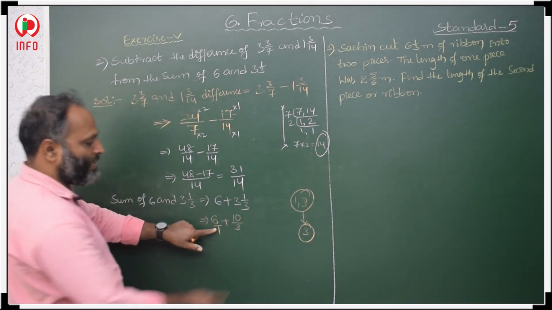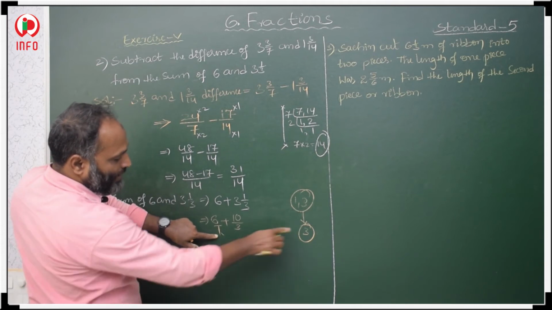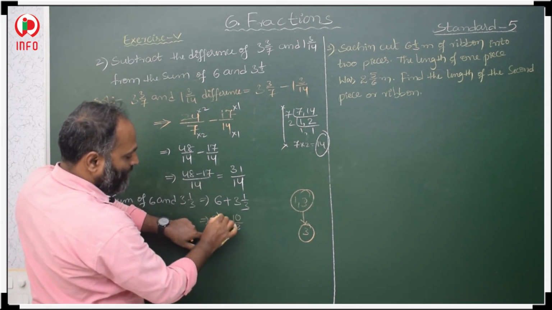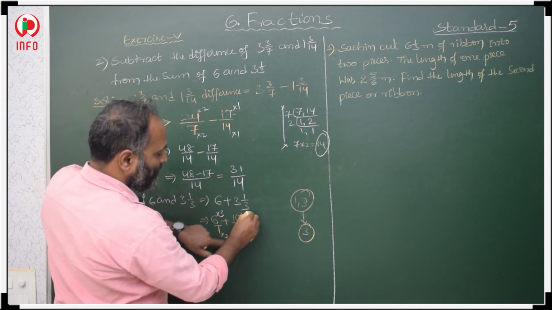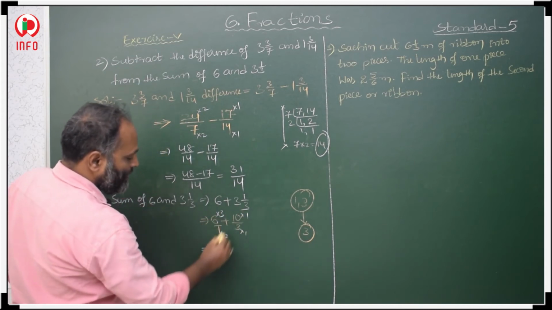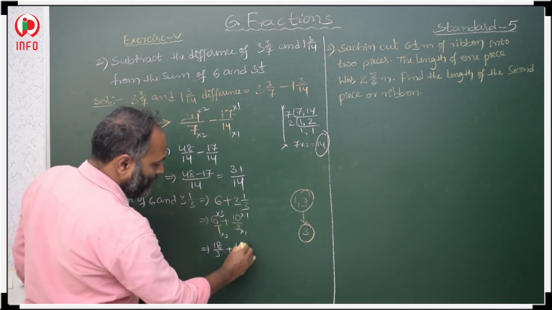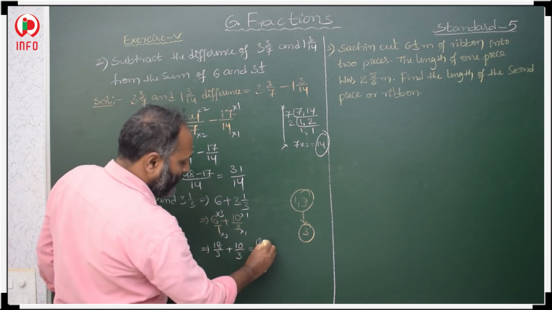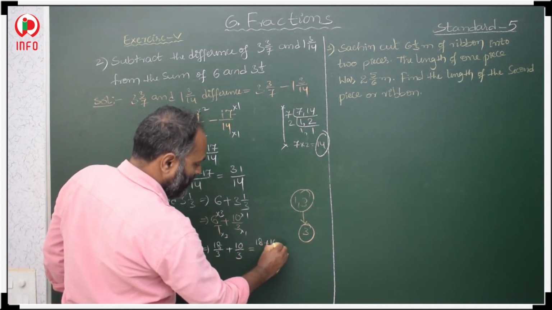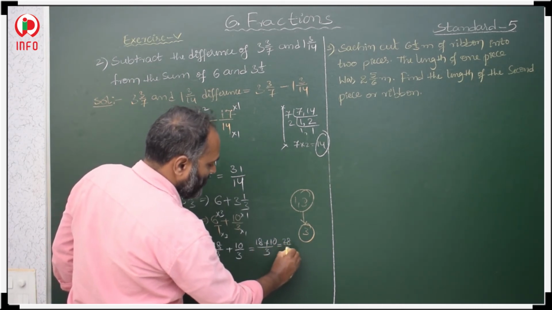Then in the 6 table, when you get this 3 in the 1 table, 1 3 is a, multiply with 3. In the 3 table, when you get 3, 1 is a. Now 6 3s are 18, 1 3 is 3, plus 10 1s are 10, 3 1s are 3. Now add the numerators, 18 plus 10 by 3, which is 28 by 3.